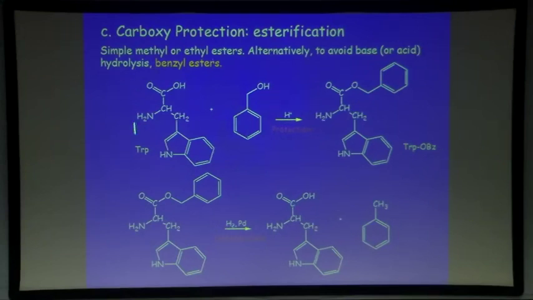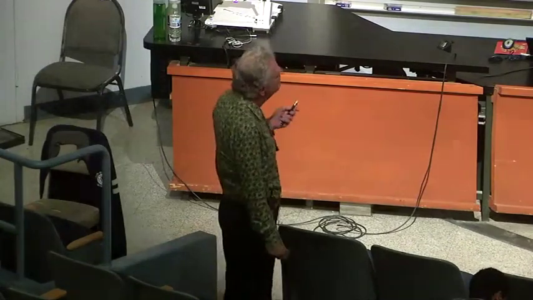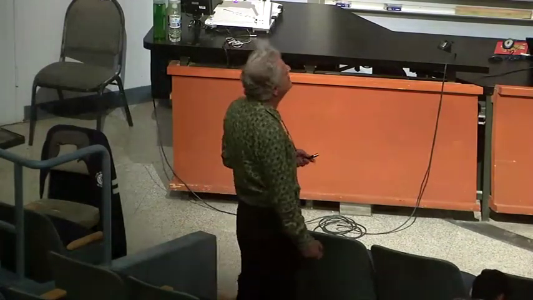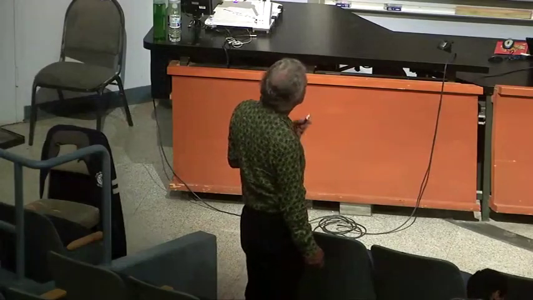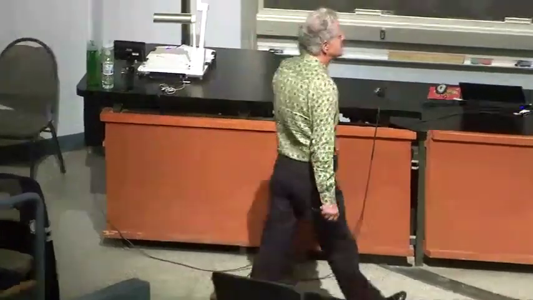You may also remember that there was another way, actually, to make these benzylic esters, where you take the carboxylate plus benzyl bromide. And that works particularly well, so it's an SN2 reaction, particularly well for benzylic halides, because you may remember that benzylic positions are unusually reactive. So the SN2 on those is particularly good, and that will give you the same compound. So either way is fine to use. And that's it for protection. And so now we enter the step where we look at